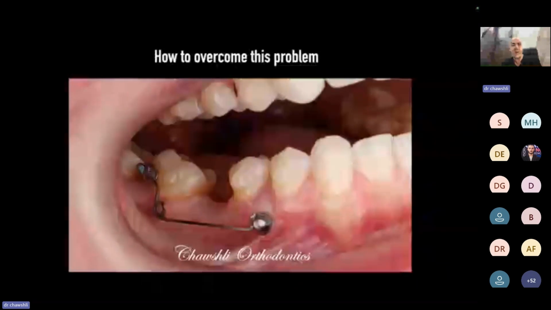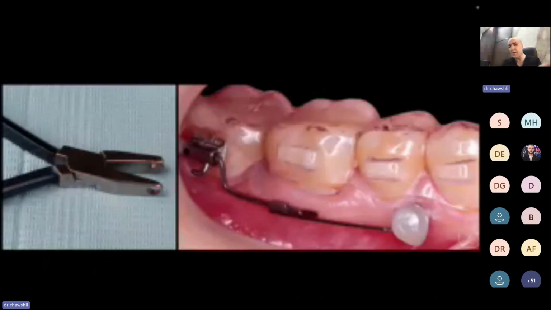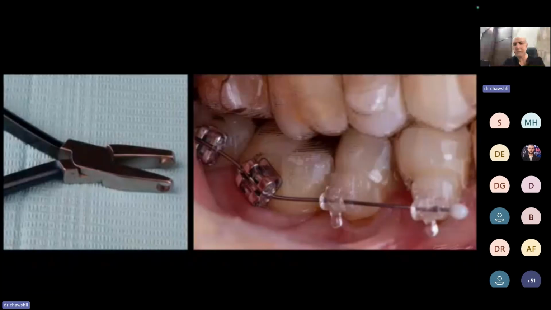And this wire will upright the molar for me, and it will follow the movement of the aligner, the sequence of the aligner. We can also use ready-made molar uprightening springs. This is from Dentaurum. They are a combination of steel and nitinol wires. The anterior part is nitinol, the posterior part is steel. They are ready-made, or we can simply attach brackets and place a wire in order to upright the